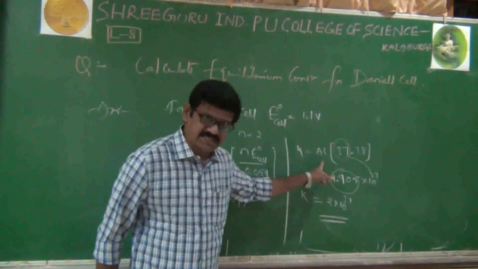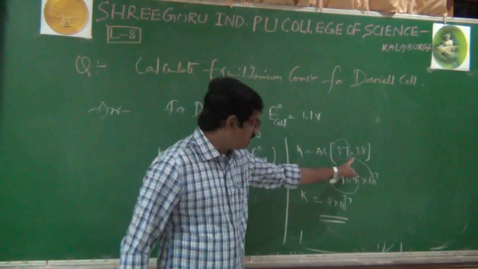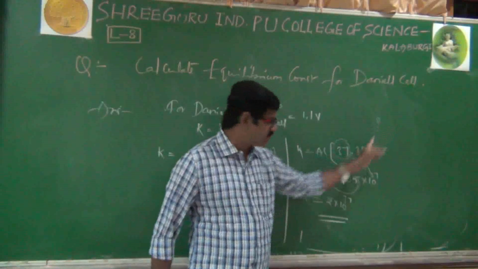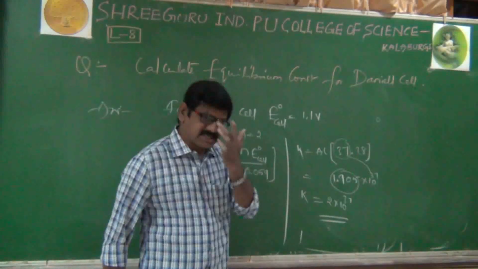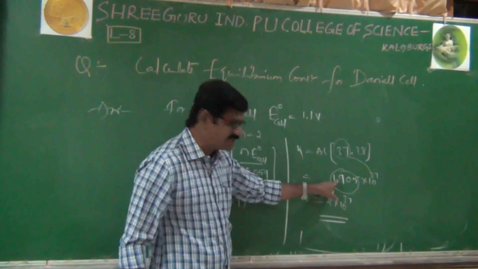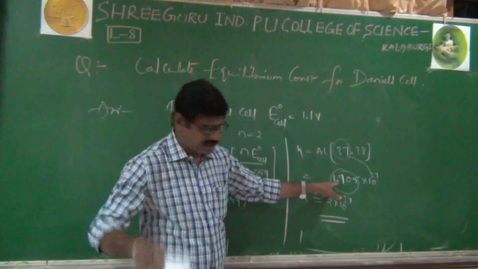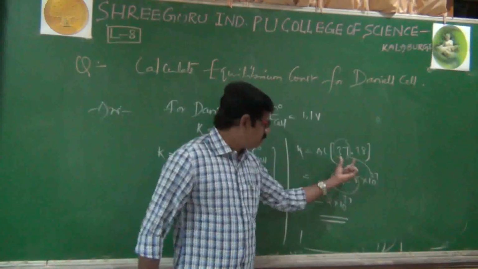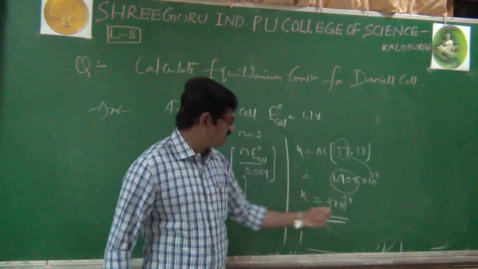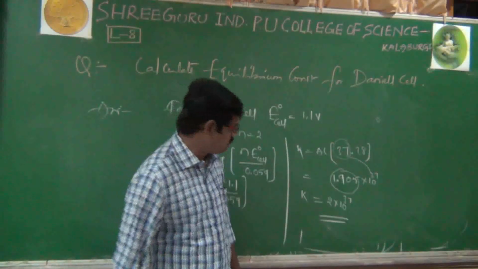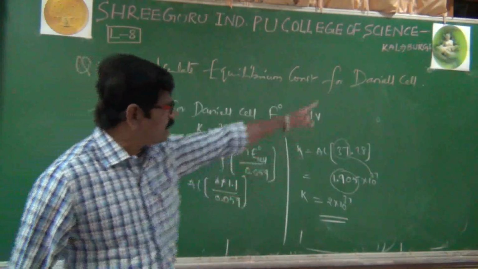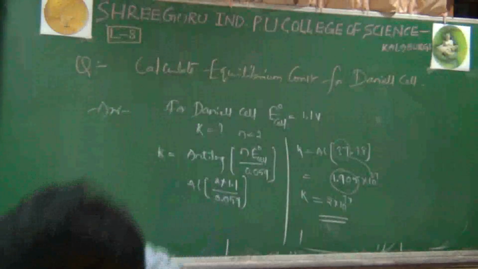As far as the antilog is concerned, 0.28: after the point, whatever the value is, 28 in 0, if you see, you will get 1905. Next, from left to right, immediately after one digit we keep a point, times 10 to the power of, and before the point whatever the value is, we just copy as it is, that's it. 1.9 is nothing but a round figure, we can also take 2 into 10 to the power of 37, which is the equilibrium constant value for the Daniell cell. Next question.